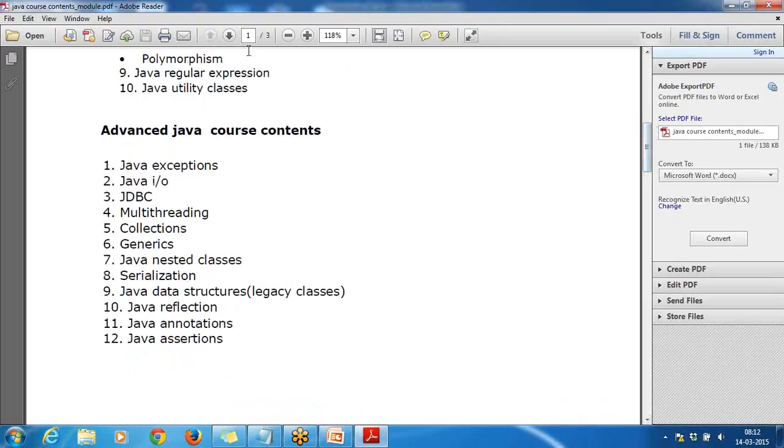Then we have advanced course contents covering Java exceptions, IO, database connectivity, JDBC, multi-threading, collections, generics, nested classes, serialization, data structures, legacy classes, just the introduction to it. We'll be covering reflection, assertions and annotations. So a lot of advanced topics we'll be covering within Java.